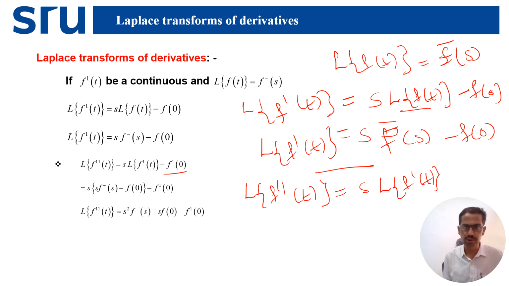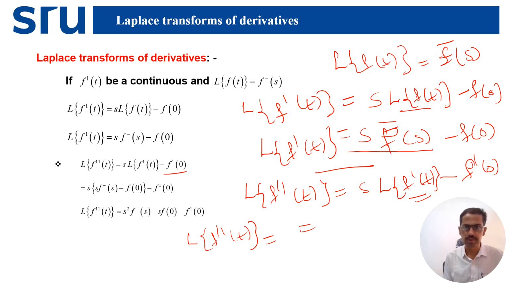Here two derivatives, one derivative, just easy to remember. Minus f dash of 0. Now let's substitute the Laplace transform of f dash t, you know this equation. The Laplace transform of f dash t is s into f bar of s minus f of 0. Substitute here, so the Laplace transform of f double dash of t is equal to